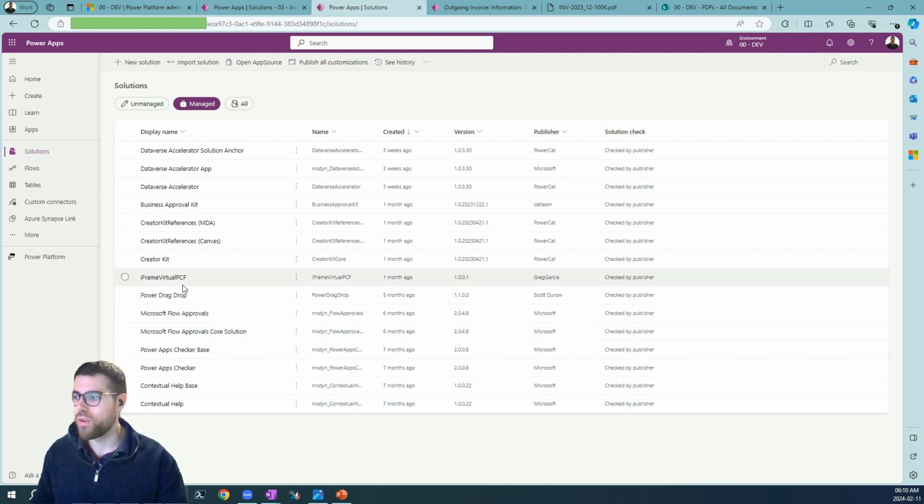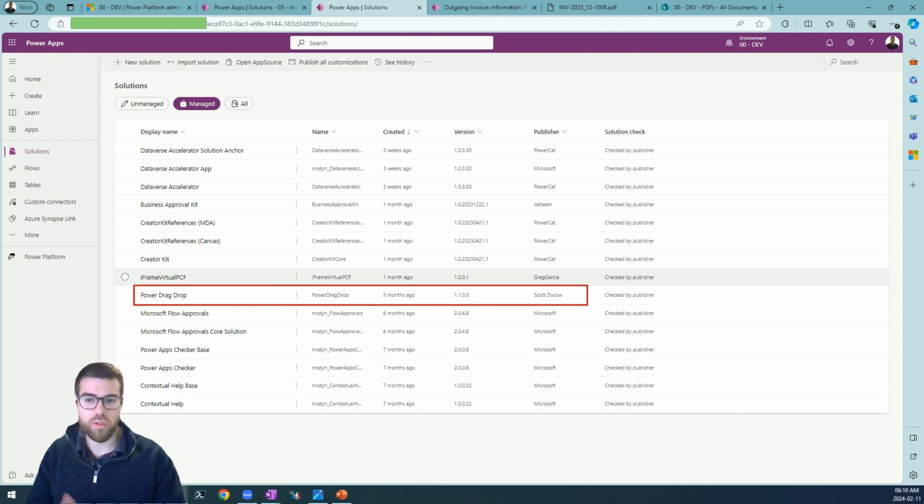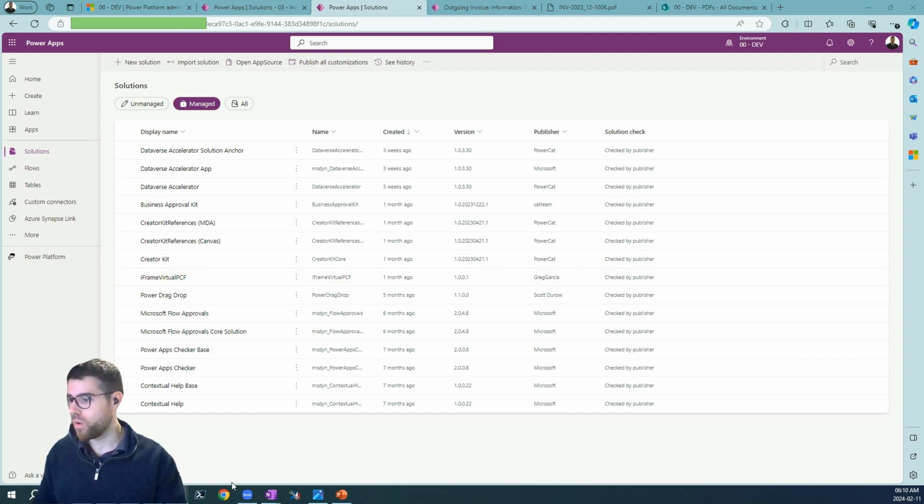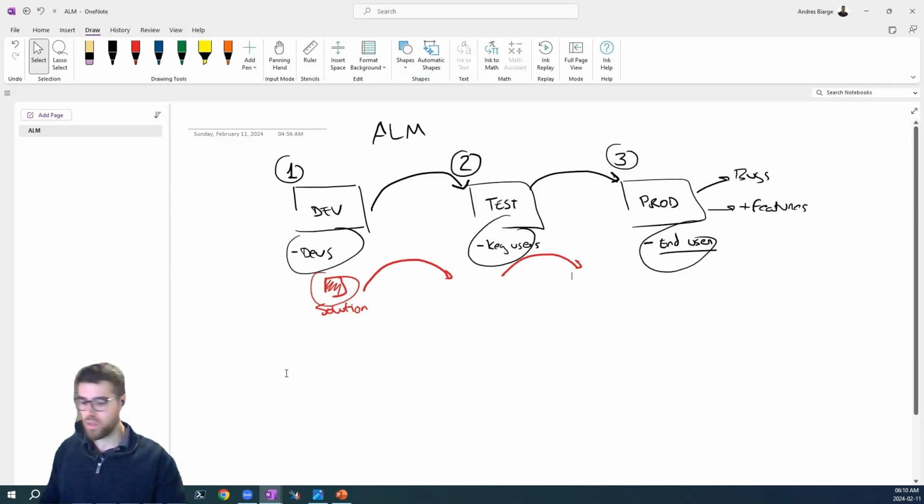And the same if we, for example, here I'm using a different solution, the drag and drop component from Scott Durow. So I imported it into this environment in order to use these components that Scott already developed for the community. So what this means for Application Lifecycle Management is that here